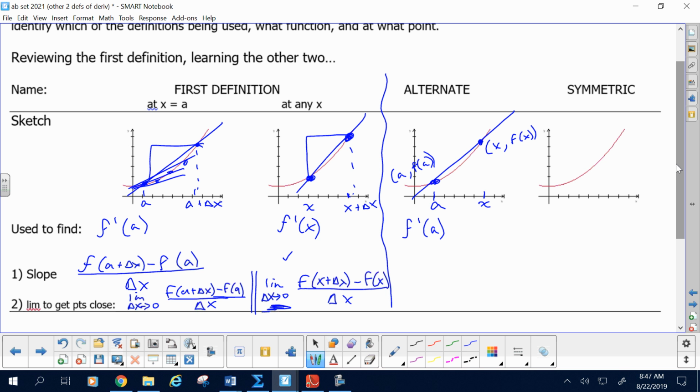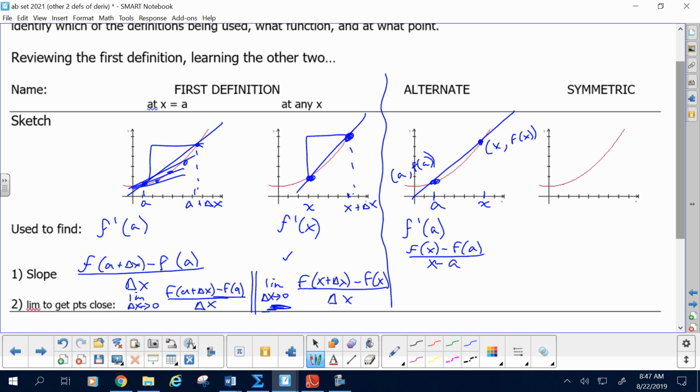And so if I wanted to find the slope between the two, what's the slope between the two? What's the change in the y values? F at x minus f at a over the change in the x values. Now this doesn't have a delta x in it, so you actually have to show the difference in the x values. So that is x minus a. It's the difference between the x's. Think y1 minus y2 over x1 minus x2.